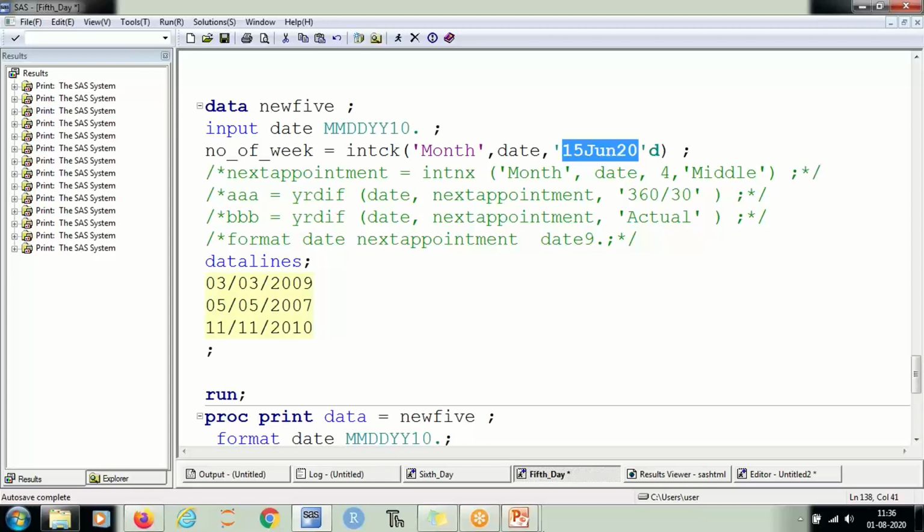The input will take the data from datalines. So input will take it. Yes. And which is a part of the input statement.